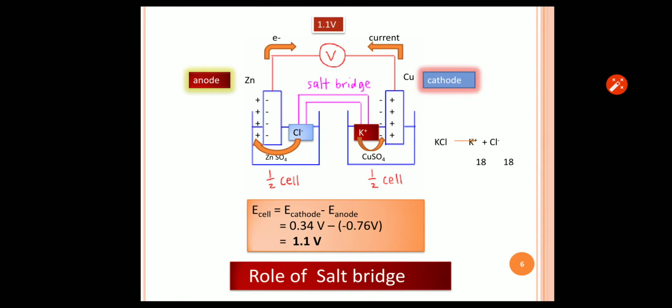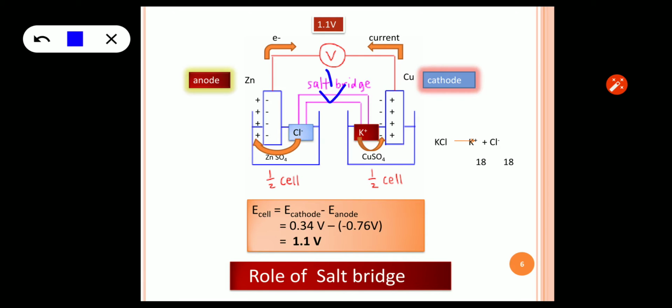With this, let us understand the role of the salt bridge and how to construct a salt bridge. To construct a salt bridge, inert electrolytes like KCl, KNO3 or ammonium chloride are used. A saturated solution of any one of these electrolytes is mixed with agar-agar, a semi-solid paste is prepared, and this is inserted into the U-tube. So, this is the U-tube. This is how we construct the salt bridge.